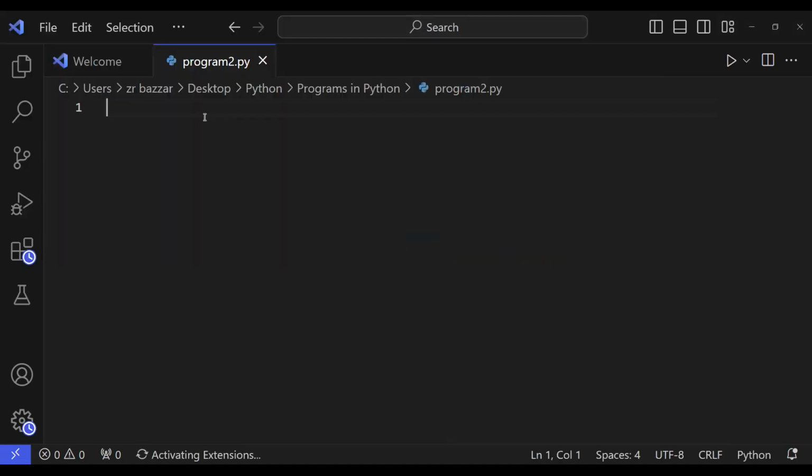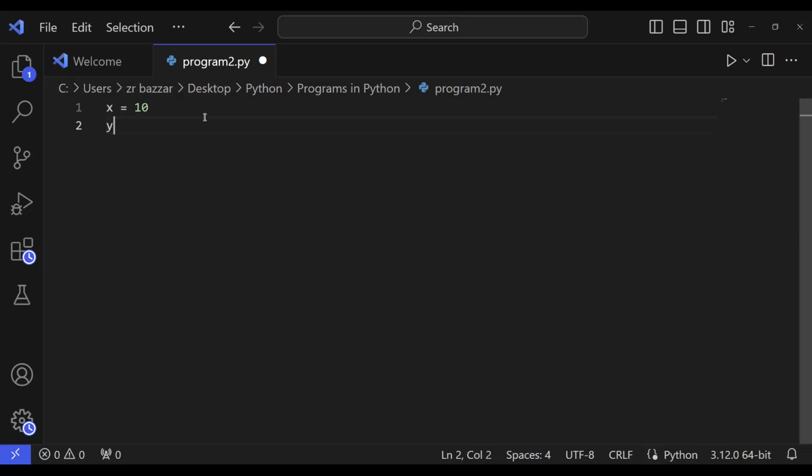And here it is. Okay, so I have a variable x which has a value of 10, and then I have the variable y which has a value 12. Then I take another temporary variable. Let's make the comments as well. Take two variables. Take another one variable which is z